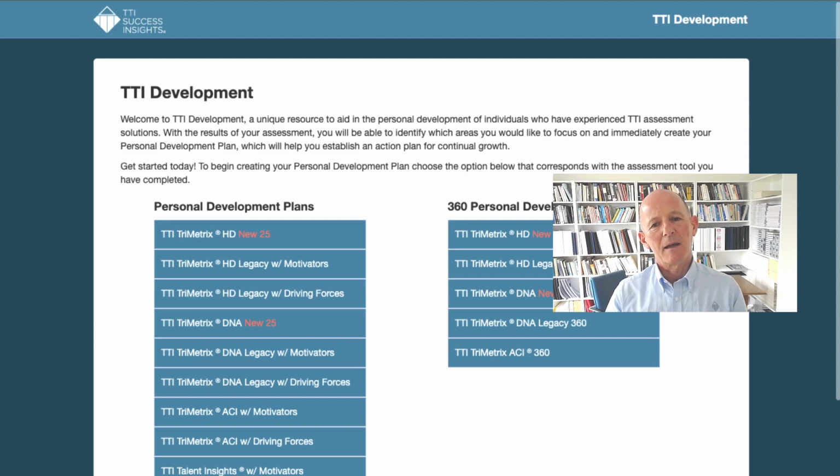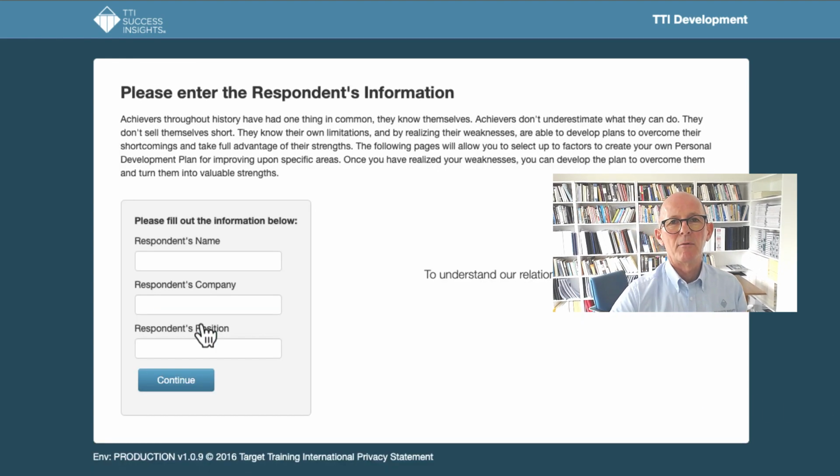ttidevelopment.com, and for the purpose of this exercise, I want you to imagine that we have used an assessment called Trimetrics DNA. So we've measured the behaviours of the role, the driving forces, and the competencies. So what behaviours are required for the role, what driving forces are required for the role, and what competencies are required for the role. And then you have measured the role in that way, you've measured the individual that way, you've compared the two of them, you've got the gap report for the individual, and it identifies a number of things that are missing. So let's just do this,